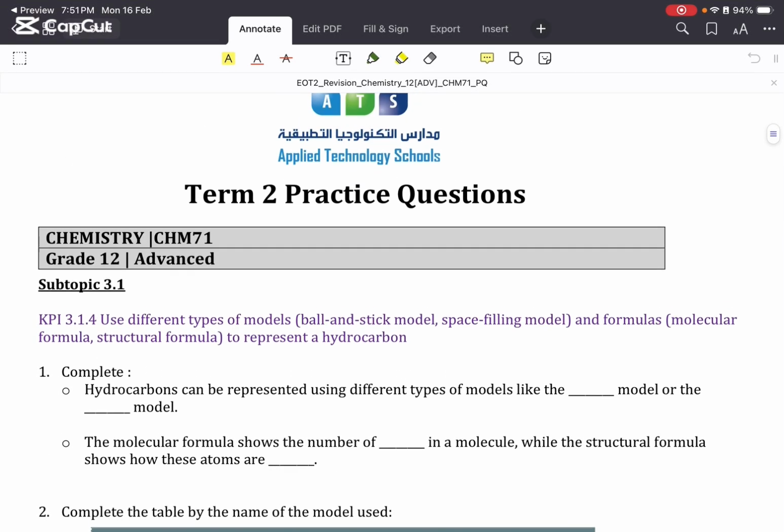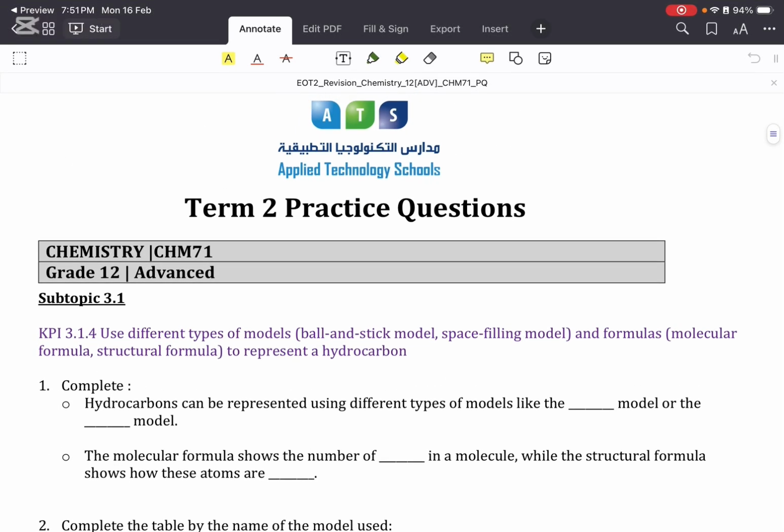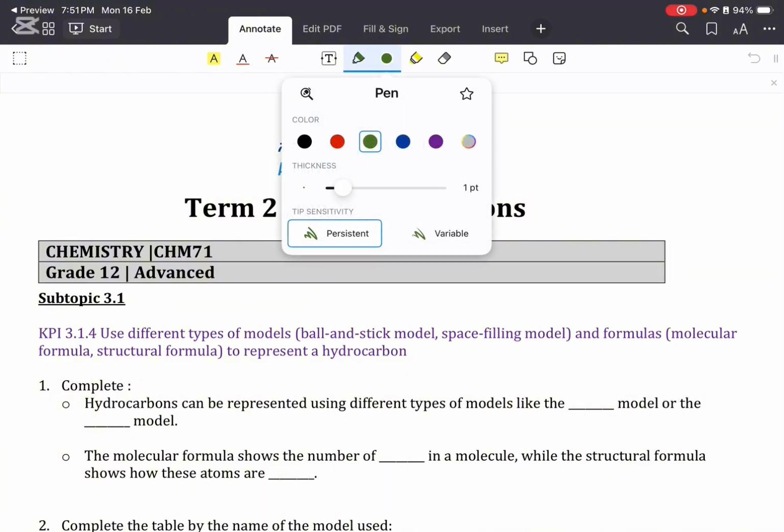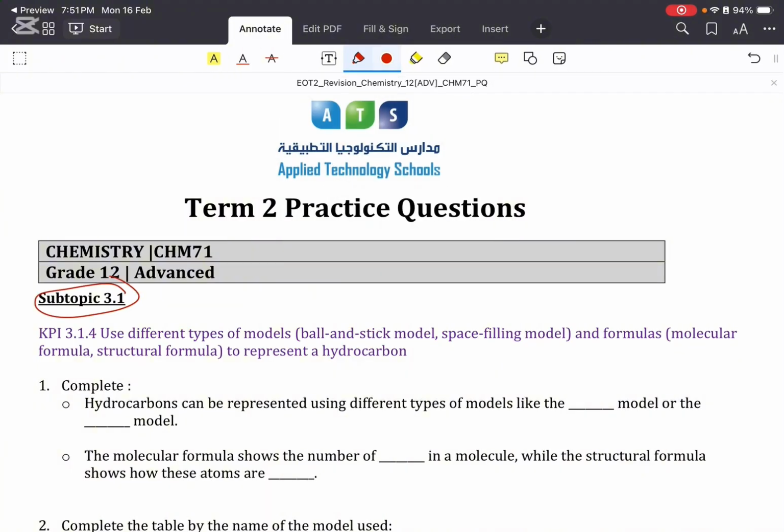This is the video tutorial in which I'll be solving the practice questions suggested for the end of term exam, term 2 exam for grade 12 advanced. I'm gonna begin solving the questions of topic 3.1. Now, this topic, the KPIs included are the ones that you are going to differentiate the types of models,